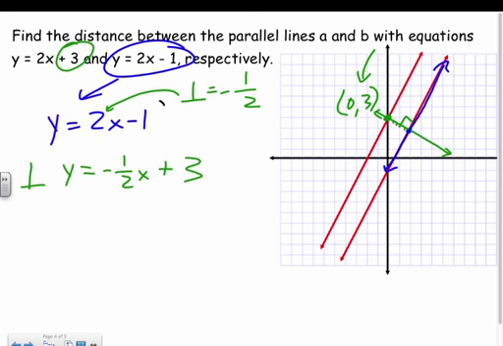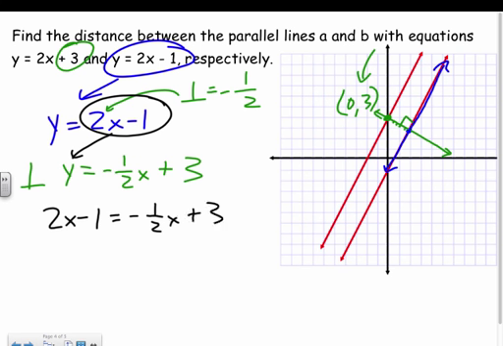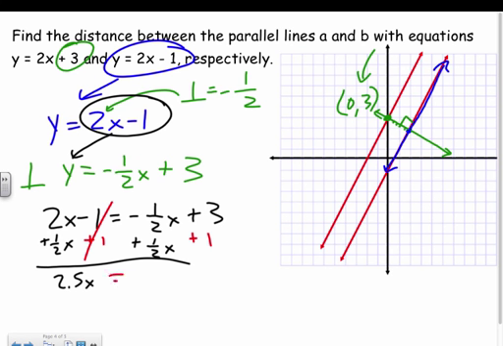And I'm probably going to do the same thing. I'm going to do substitution. I'm going to plug 2x minus 1 in for y here. So I got 2x minus 1 equals negative 1/2 x plus 3. And then we solve for x. So I'm going to add half of an x over. So really I got 2.5x. I'm just going to add my 1 right away too. Plus 1 plus 1. 2.5x equals 4. And then we divide by 2.5. Divide by 2.5. And x is going to give us